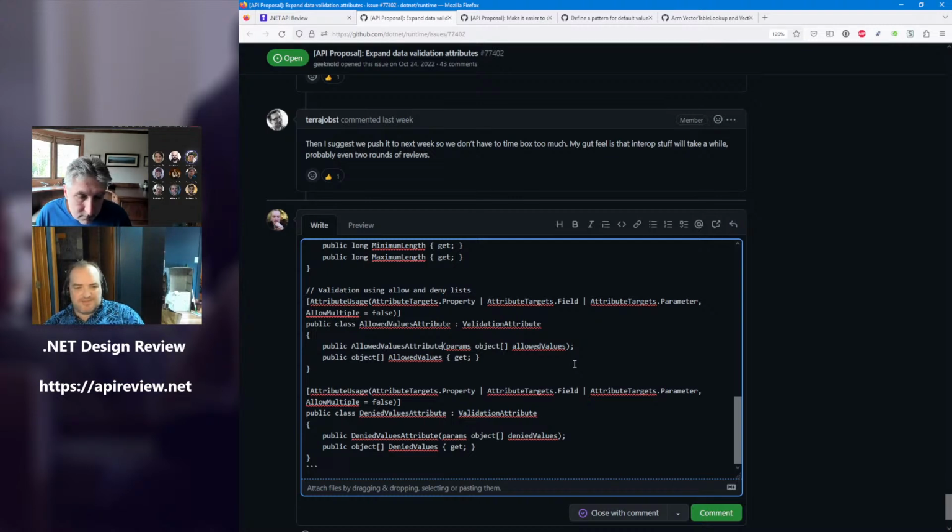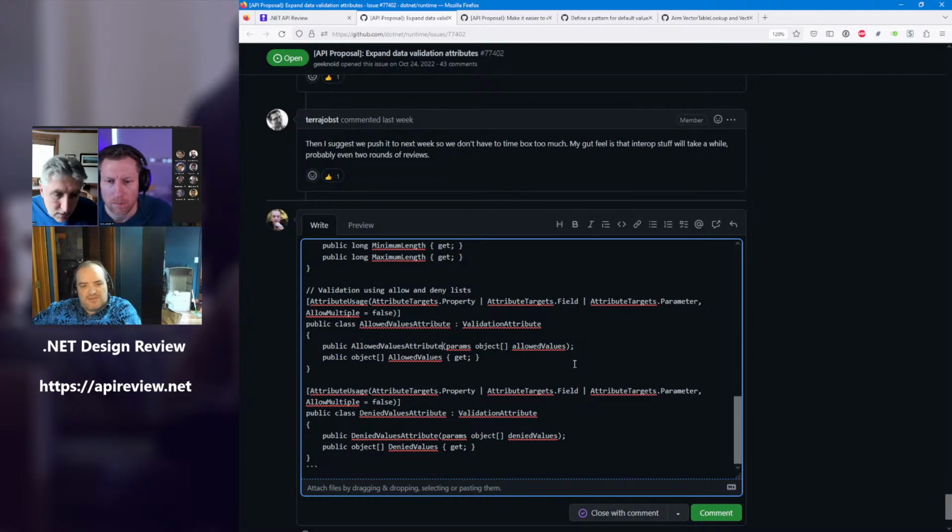I would probably say that these properties are meant to surface what has been declared on the attribute itself, rather than provide an optimized view that's meant to be used for the validation. I think these should be kept separate, even if they end up duplicating data. And it also means that if you specify a couple of values, hash set isn't probably the best thing to be using when validating. And that means that we should be free to use whatever representation we want internally for the validator itself.